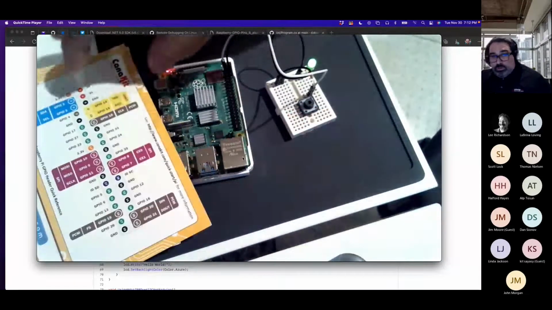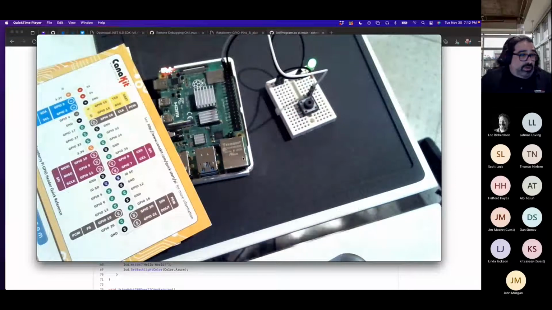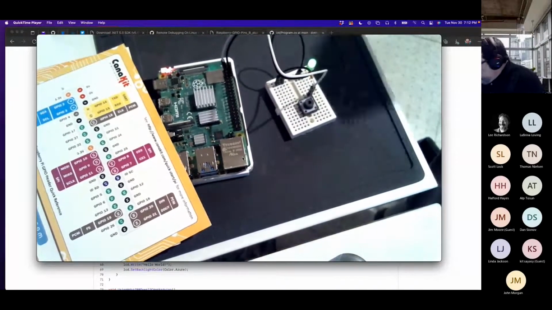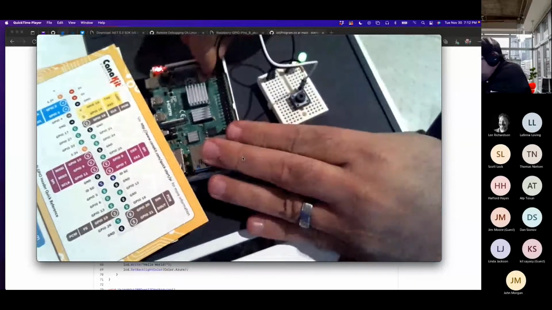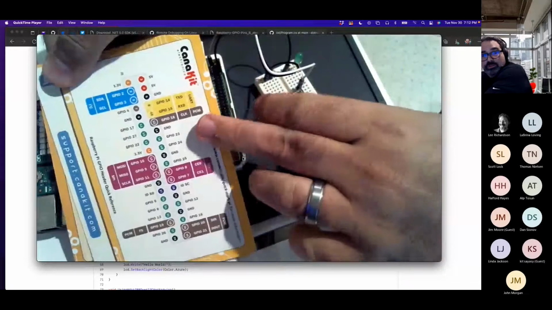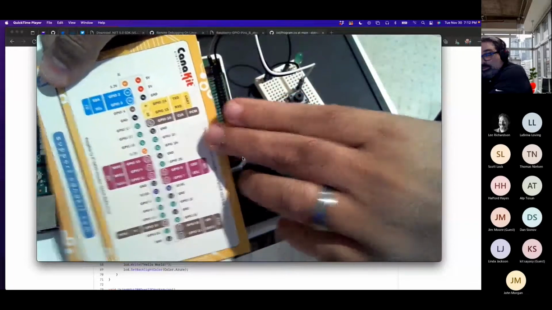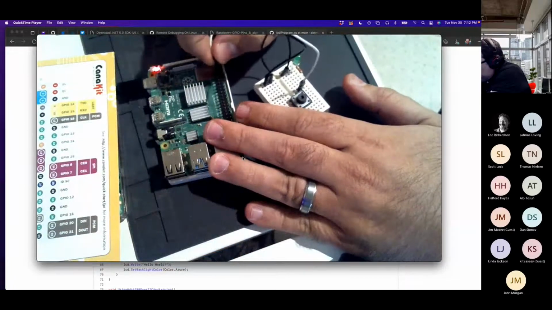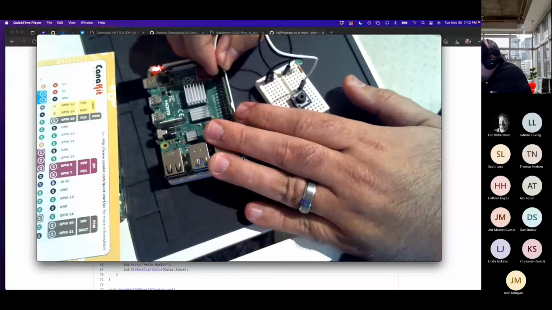And there. So at least I know that if the demo fails, it's not because the hardware is broken. That makes me very happy. So I'm going to be moving my 3.3 volt wire, and I'm going to be putting it on GPIO 18. Let me go ahead and do that right there. So that's 2 pins down, and it's the next one.